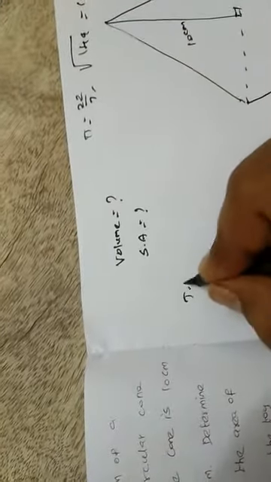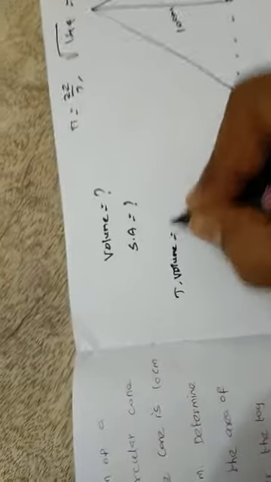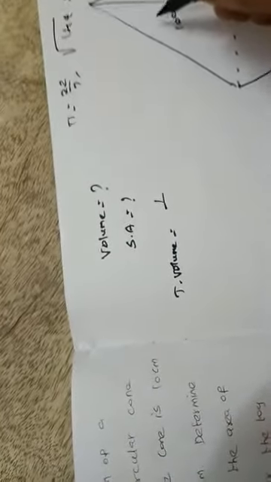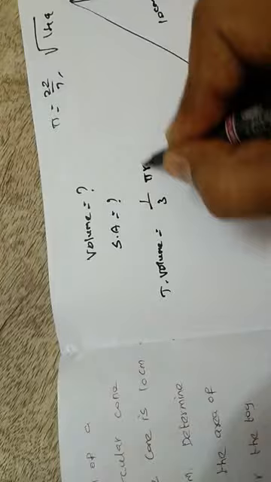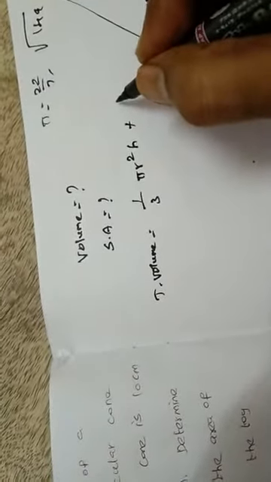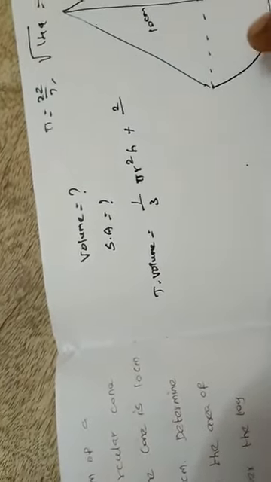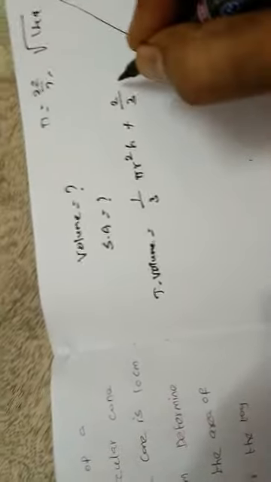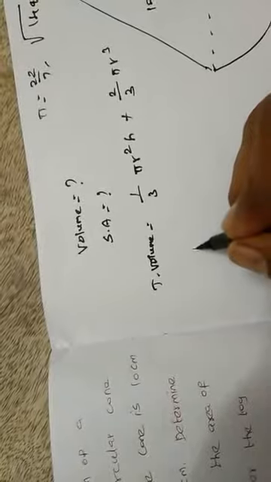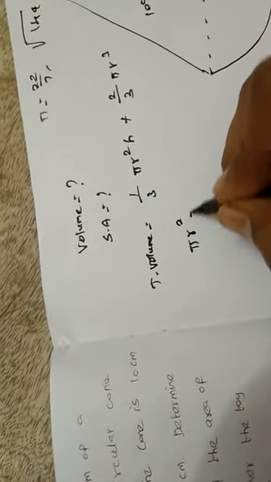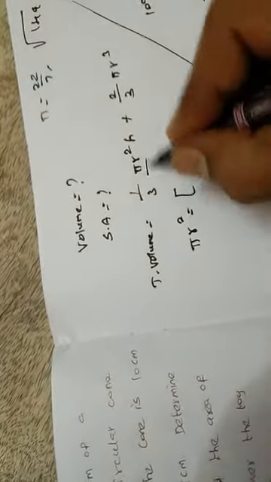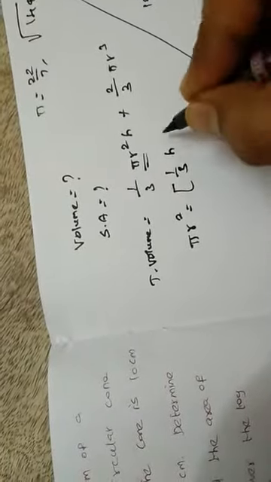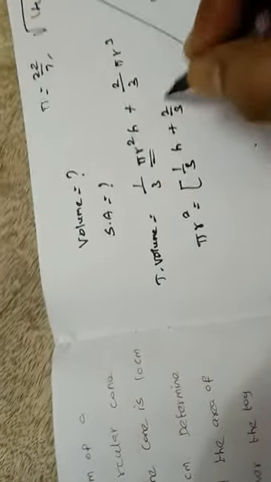So now first we need to find the volume. So volume is nothing but total volume equal to, first volume of the cone, so 1 by 3 pi r squared h plus volume of the hemisphere 2 by 3 pi r cube. So r value and h value we know that. So here common value pi r squared. We are going to take pi r squared common, so 1 by 3 h, here 2 by 3 r.